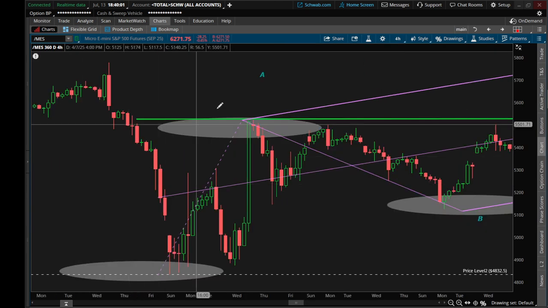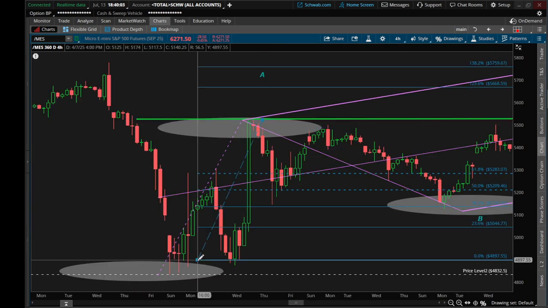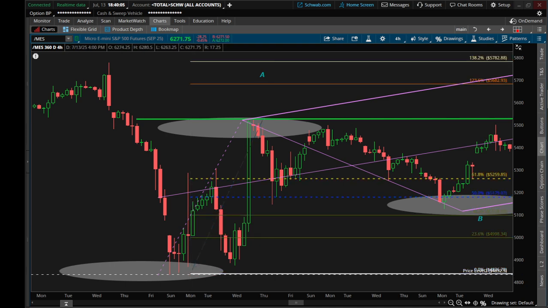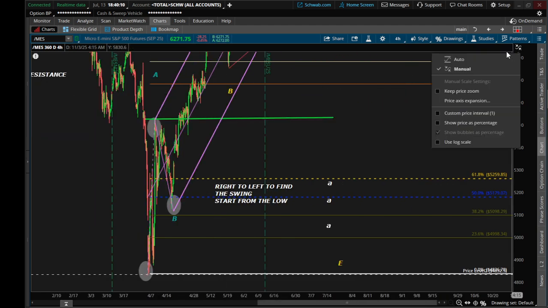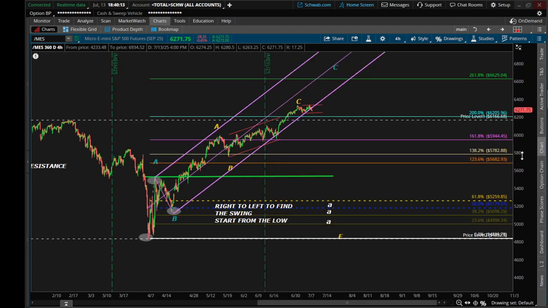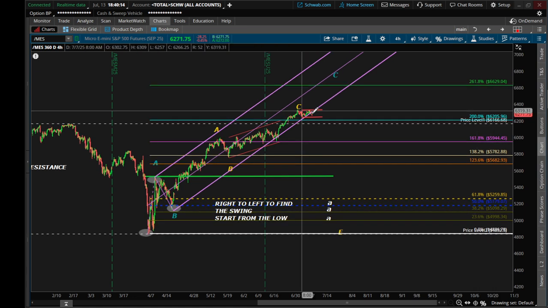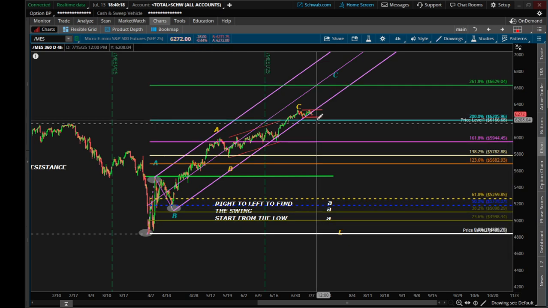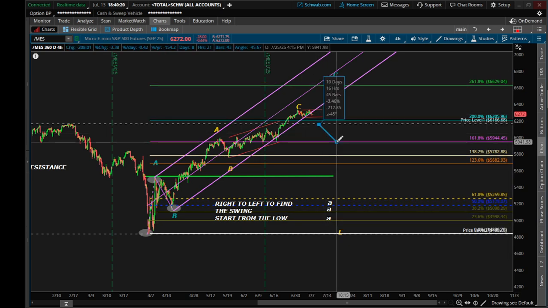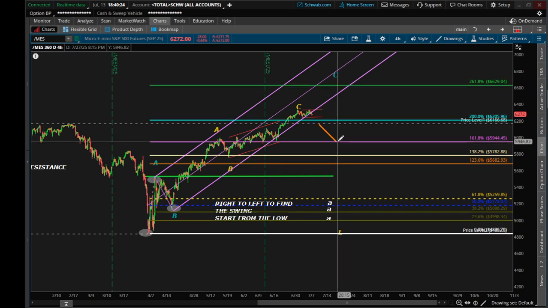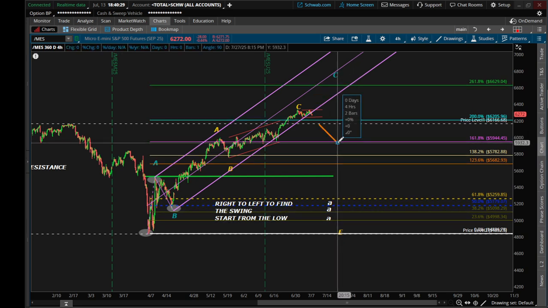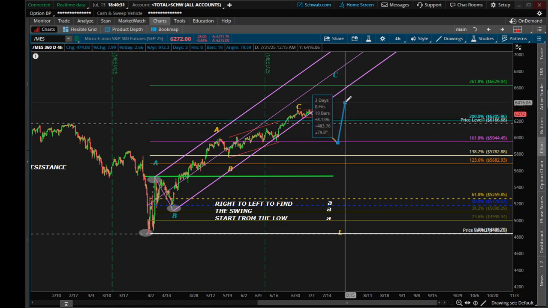Let me get this a little bit more accurate here, which is up here. So I can see that maybe we get this pullback to here. Maybe we use this 161.8 as a support, and then we try to,